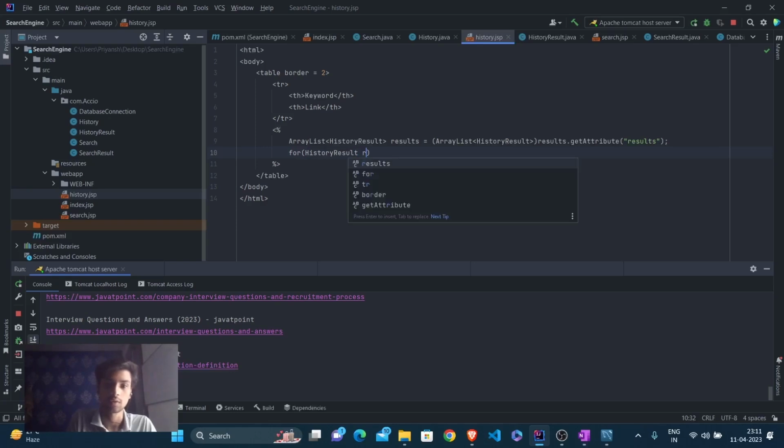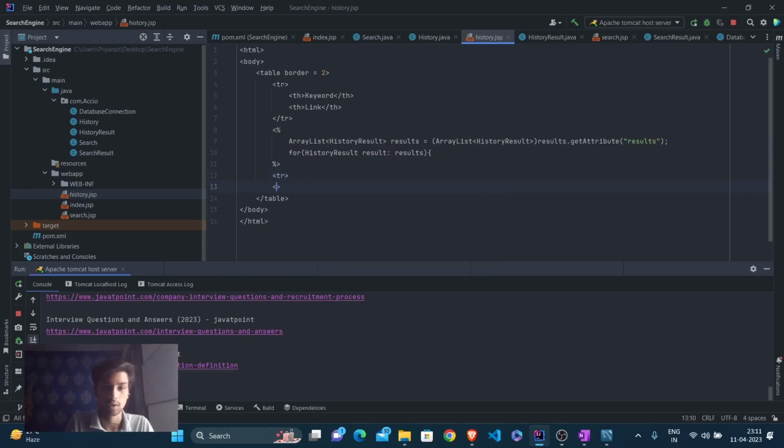History result, results. Okay, for every result, I'm going to create a row. Now here I need to create a row, tr/tr. Okay, and inside this tr tag, I want to create values, td slash td slash td. Okay, inside the first one, I'm going to have the percentage signs out dot println, and